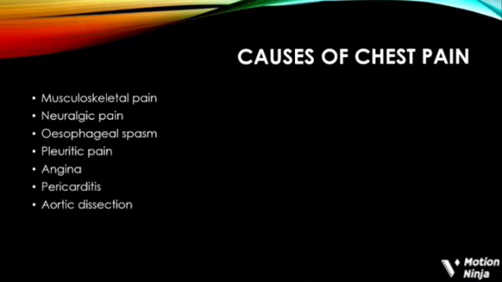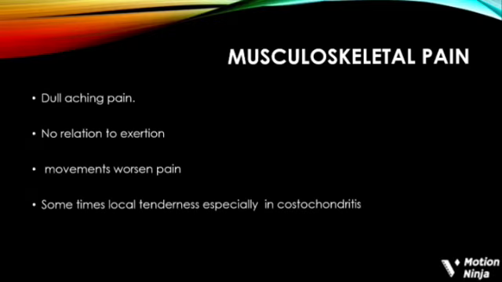So these are the most common causes of chest pain, starting from the least serious cause like musculoskeletal pain, then comes the neuralgic pain, esophageal spasm, pleuritic pain, and the more serious cardiac causes, that is angina, pericarditis as well as aortic dissection. So coming to musculoskeletal pain, it is one of the most common causes of chest pain, and